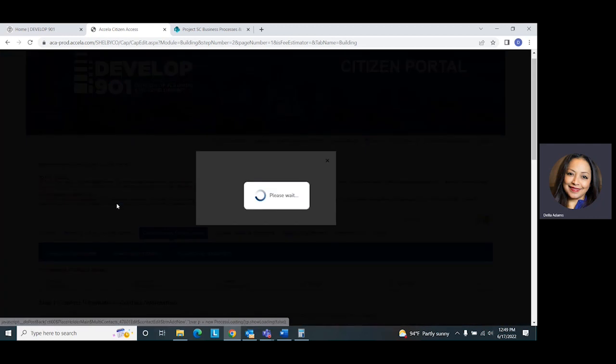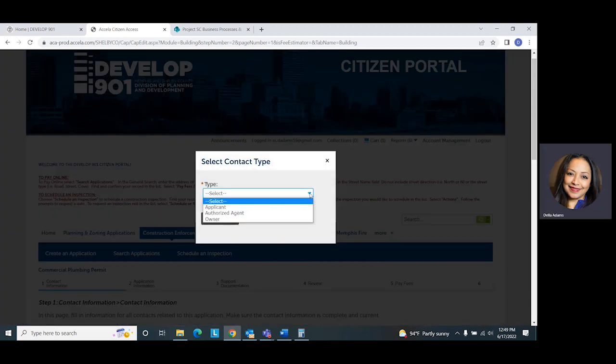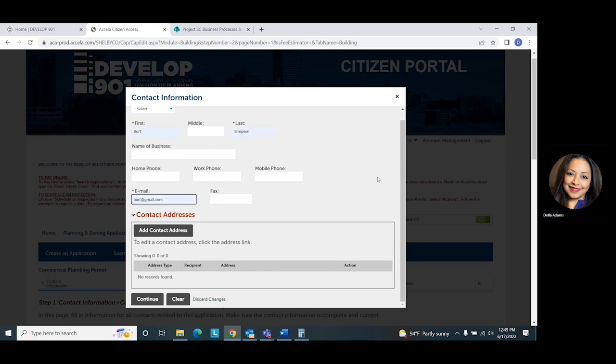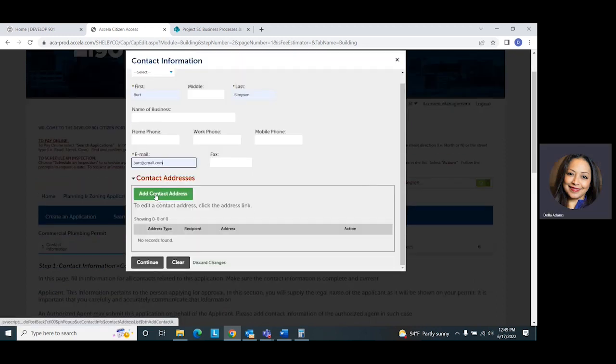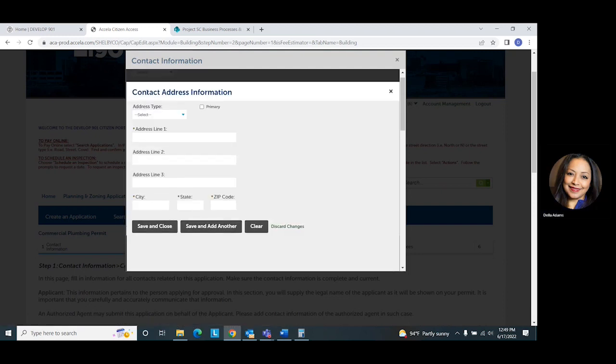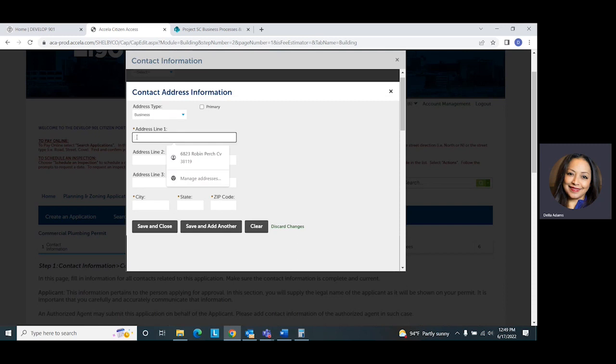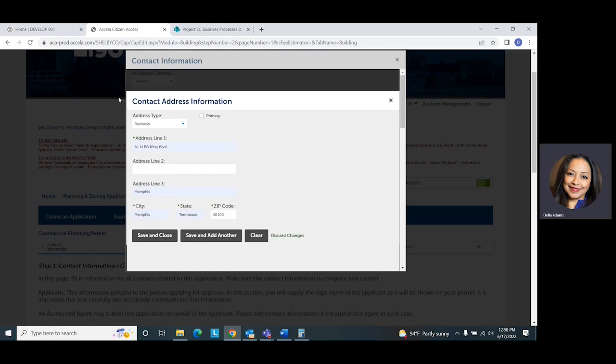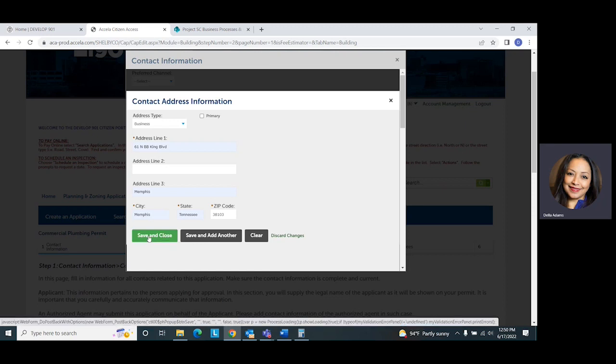So this one I'm going to add new, and we're going to call it authorized agent, right? And click continue. And I'm going to put a name here. And we also need their contact address. The address type is a business, and I'm going to use a business address that I already know, the city, zip code. All right, so I have everything that has a red asterisk filled out, and we'll click Save and Close,